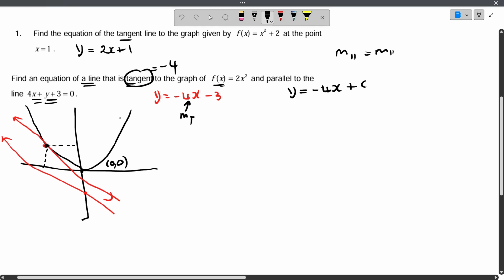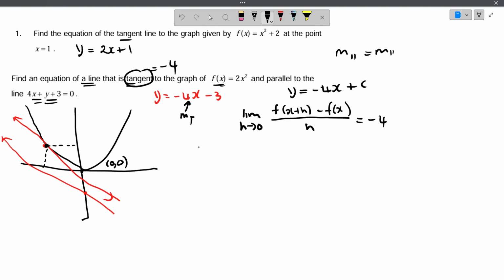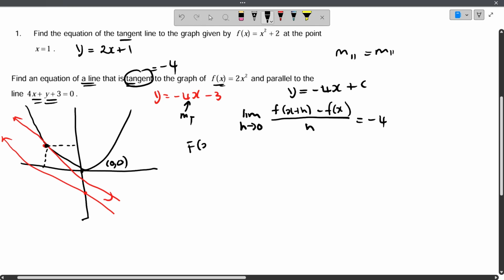So basically here what I'm going to do is, again, we know that the gradient of this line is given as the limit as h approaches 0 of f(x + h) minus f(x), all divided by h. So in this case we know the gradient. We know that the gradient is -4, right? So that means, if I can just find my f(x + h) minus, or rather f,